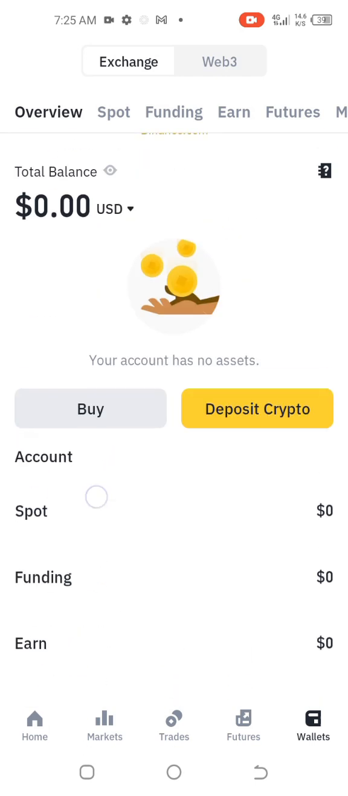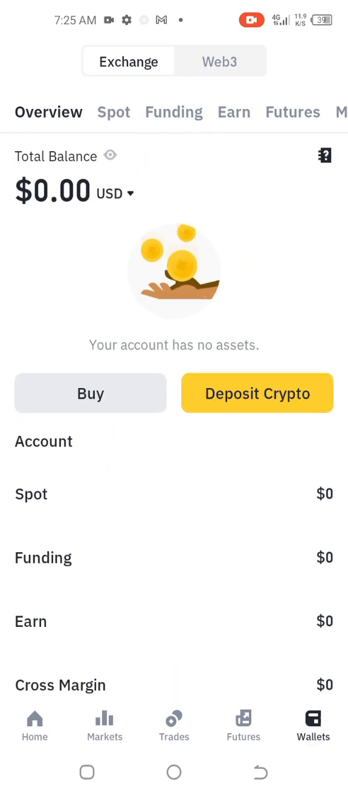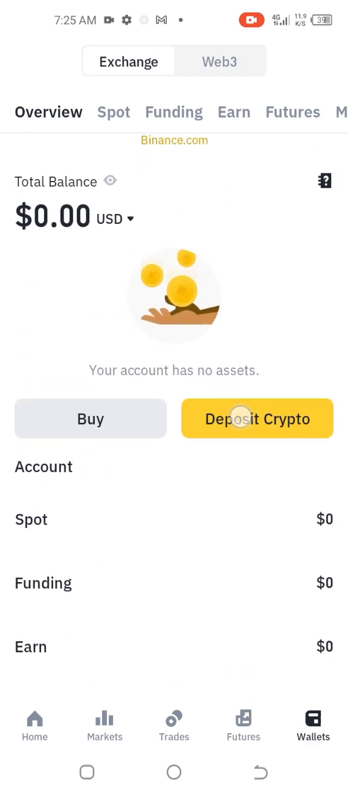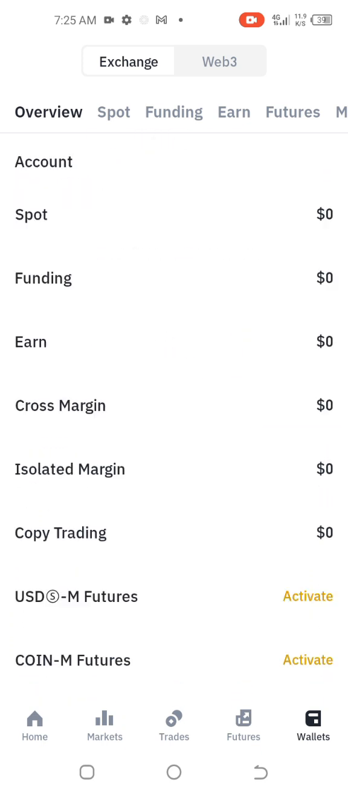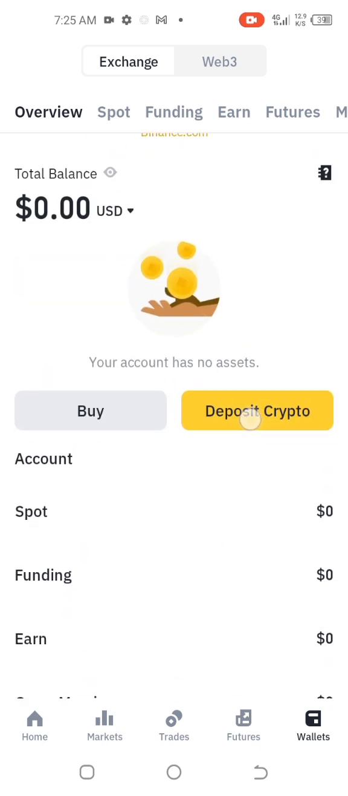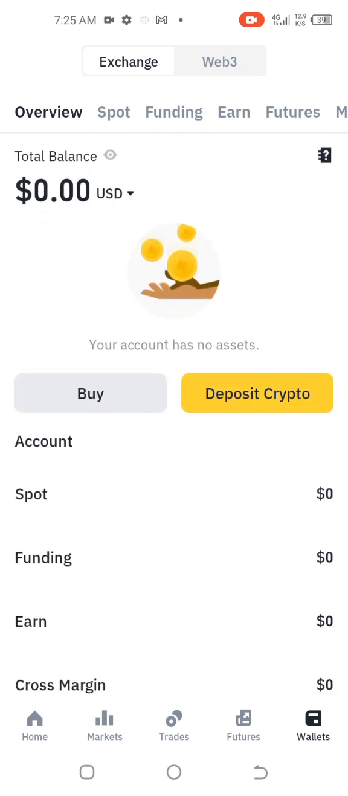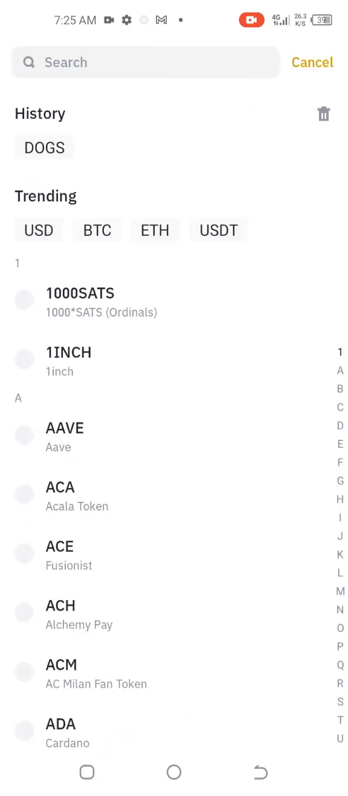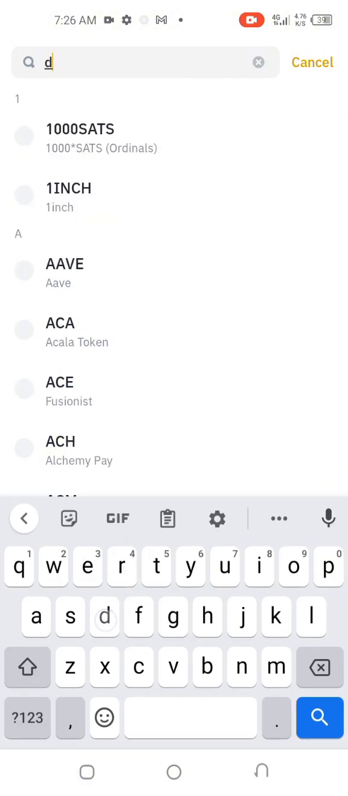So let me look for deposit. I don't know why my own is showing like this. Deposit, yes, this is it. Click on deposit. Your own might not show like this, in which case maybe you should update your app. Click on deposit crypto. After you finish clicking on deposit crypto, you come to search here. Click on search. Then type